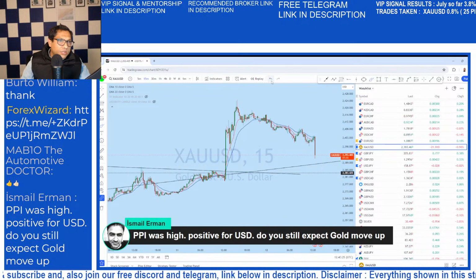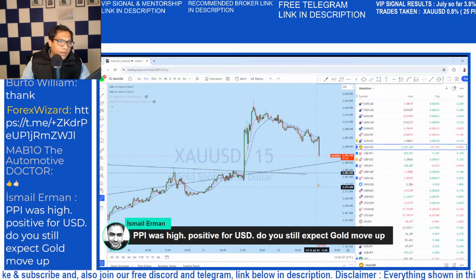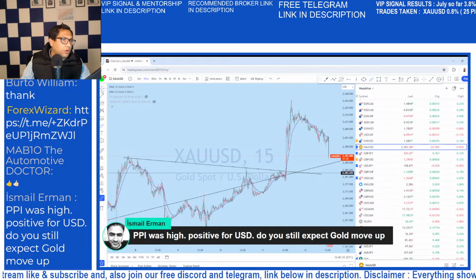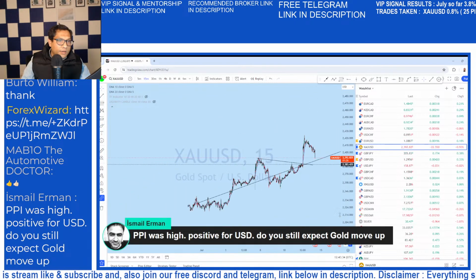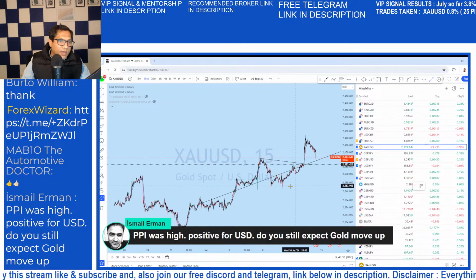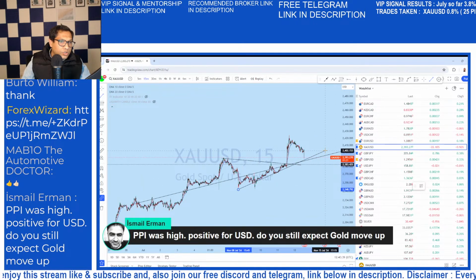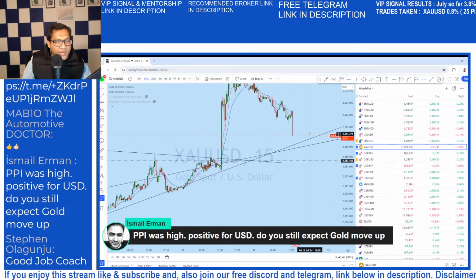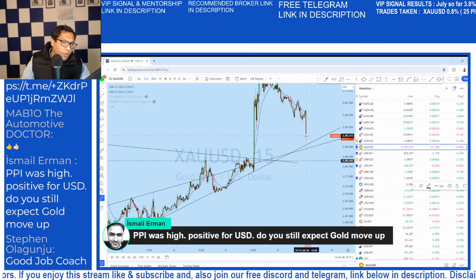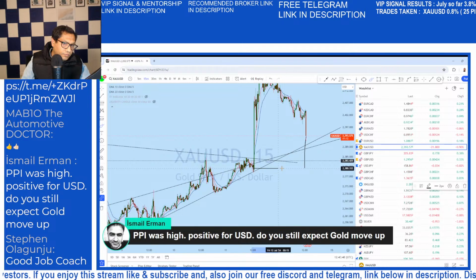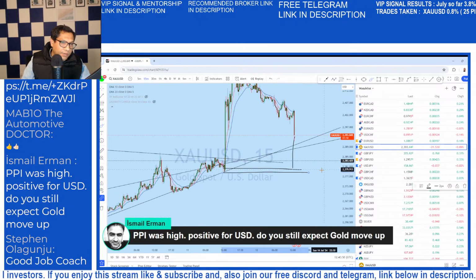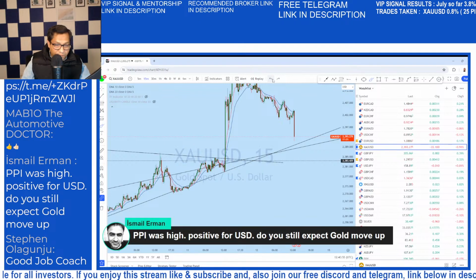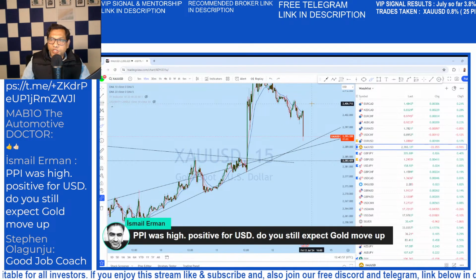Now, because the market has already made a move from the technical, it's still bullish, right? So let me draw the significant level of support, which is the support here. From the technical perspective, if gold is dropping down to this support, or below any of this support, that could be another opportunity to go long after price action confirmation.